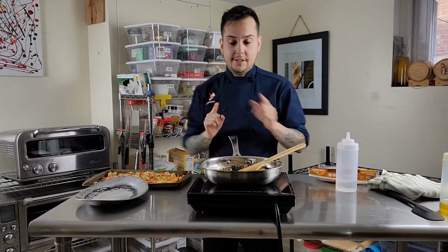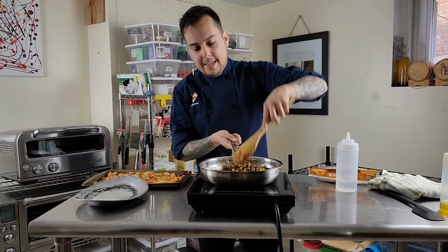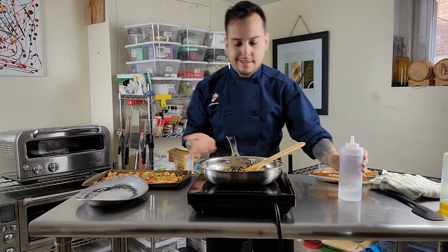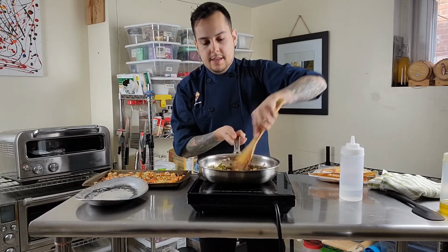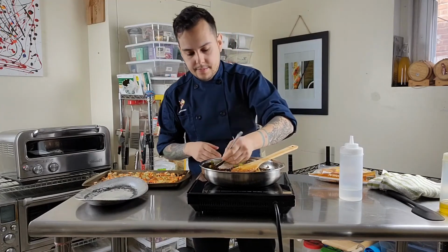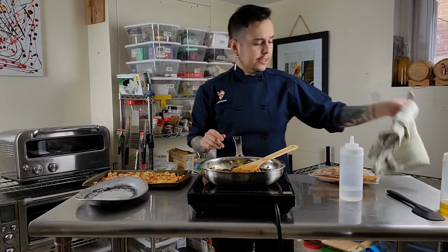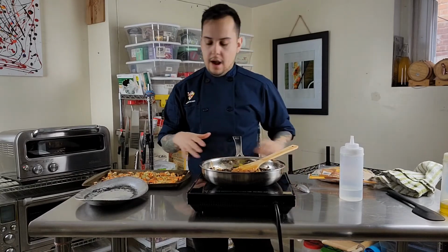All right guys, we're down to our last step. So that's checking to see that your veggies are not sticking. I always like to keep a little squeeze bottle. So I'm going to sprinkle about 1 tablespoon of water. It smells really good. We're going to taste it. Has some good veggie filling. So now that we've tasted it, I don't want to add